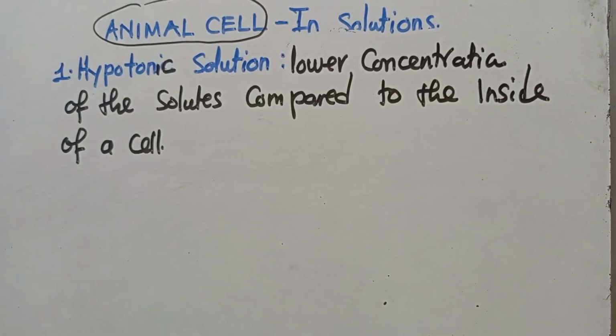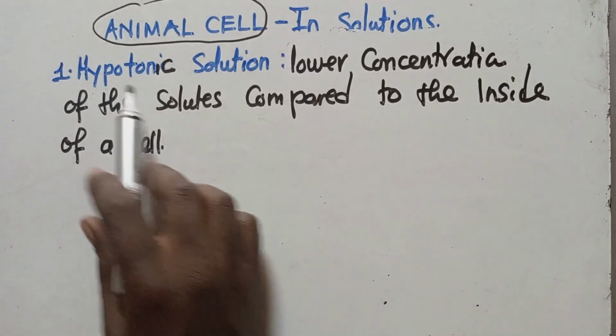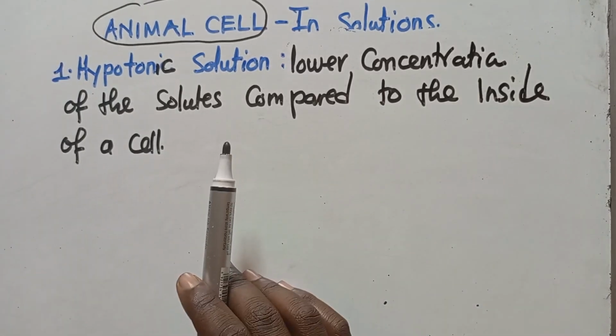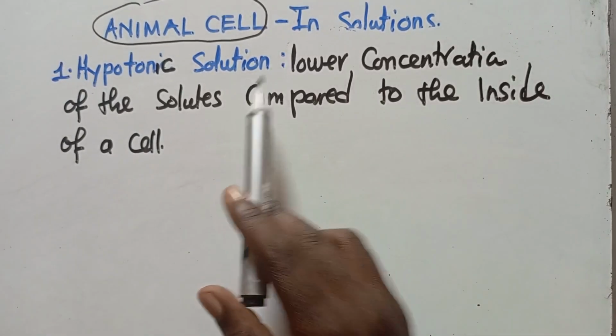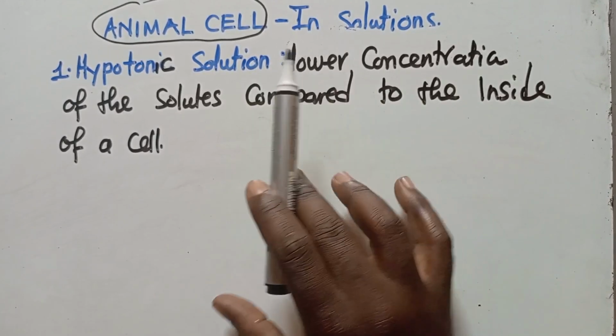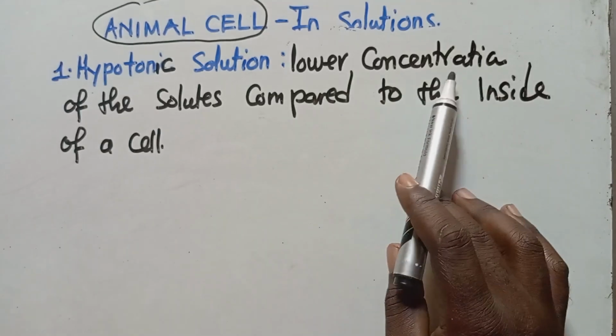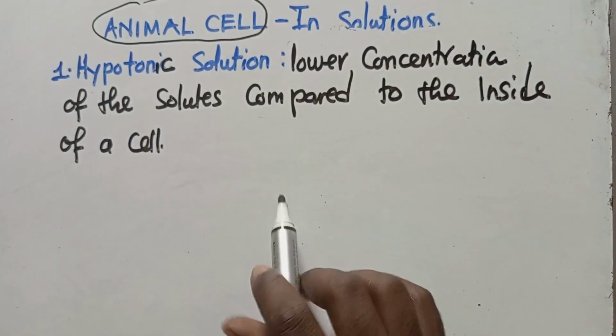Which cell are we talking about here? We are talking about a cell that we call an animal cell. So when you put an animal cell in this hypotonic solution, the hypotonic solution is a solution that has a lower concentration of the solutes compared to